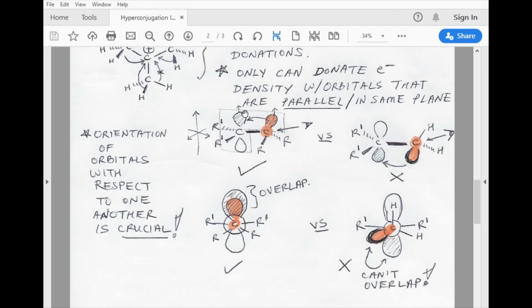And this is what determines, and this is what allows for you to determine if you can dictate for electron density to be donated from one orbital to the next. For example,